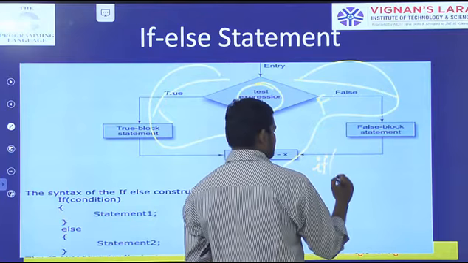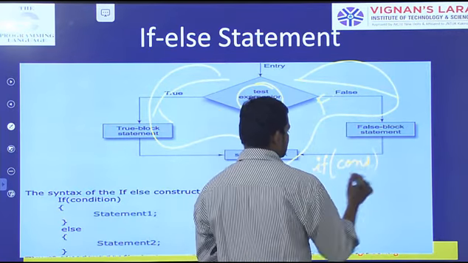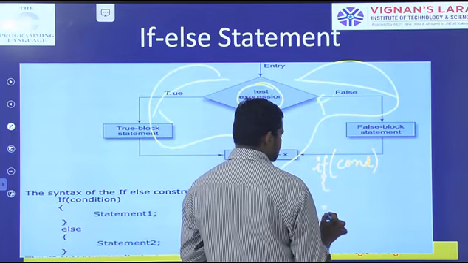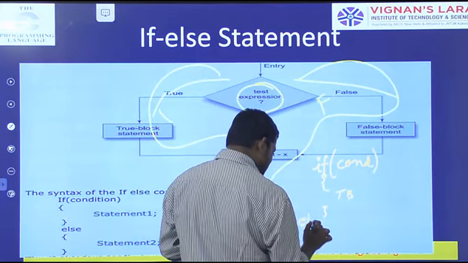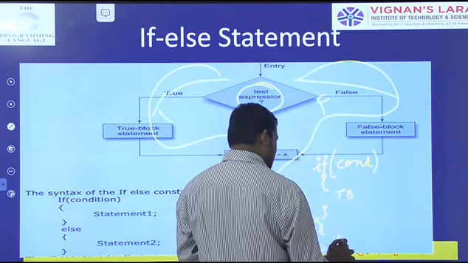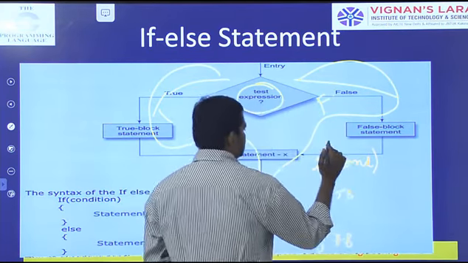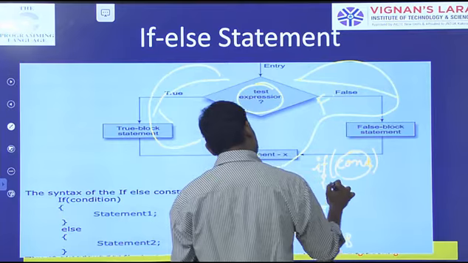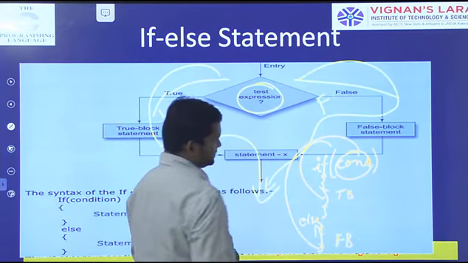What is the syntax? If the condition is true, then the true block will be executed. Otherwise, the else block, that is the false block, will be executed. If it is true, this block will execute; if it is false, this block will be executed.